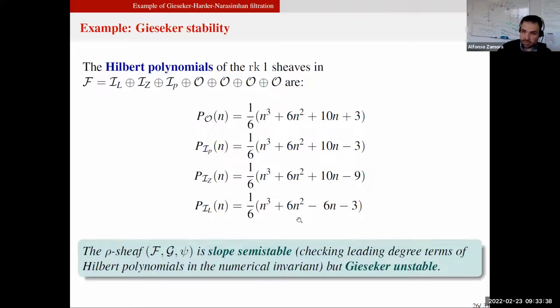The second term, the degree d minus 1 term, is the same for all of them. This is why this is slope semi-stable, because we cannot find differences at the level of the degree 2 coefficient. But at the level of degree 1 coefficient, we can find differences, and at the level of degree 0, we can find differences. Then we will find differences at 2 levels of the Hilbert polynomial. This is why we will need to apply the leading term filtration twice to get this recursion until the Gieseker-Harder-Narasimhan